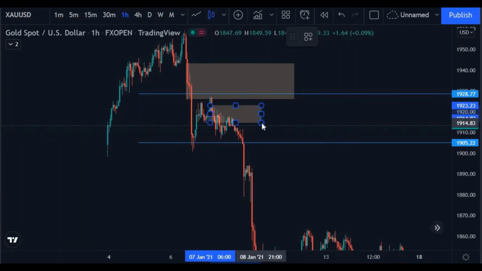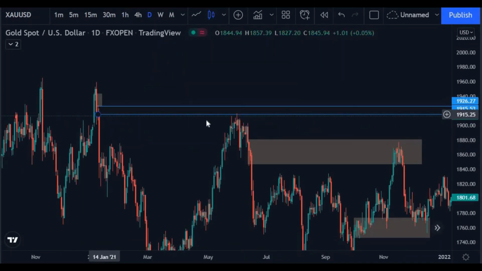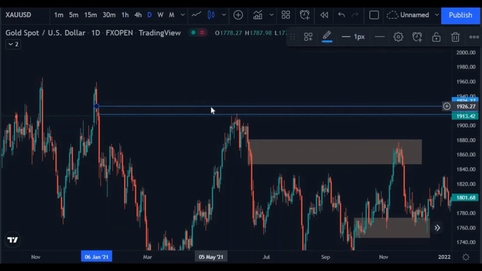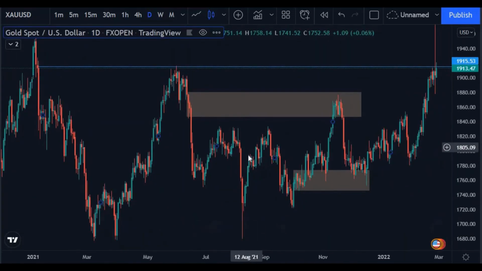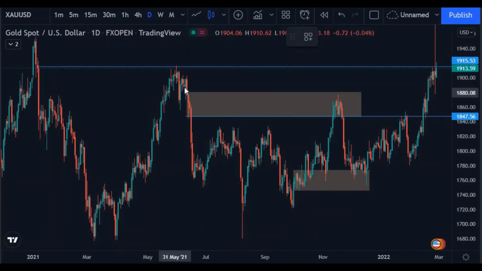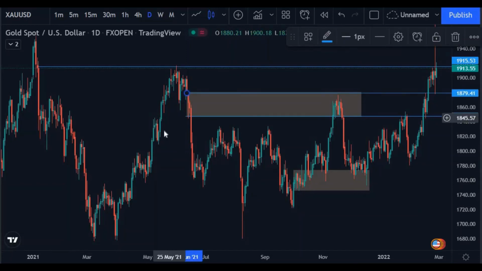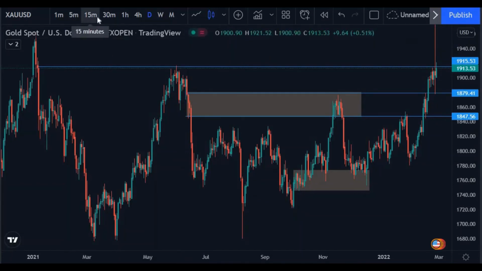Let me look out for something quality again. We have something that looks like a drop base drop right here. Look at what happens here. We just came right to this, touched it and then went straight down. This is the price chart for gold, like I said. This is applicable in almost any financial trading, any candlestick market. It will work fine. I'll come right to this supply zone up here,